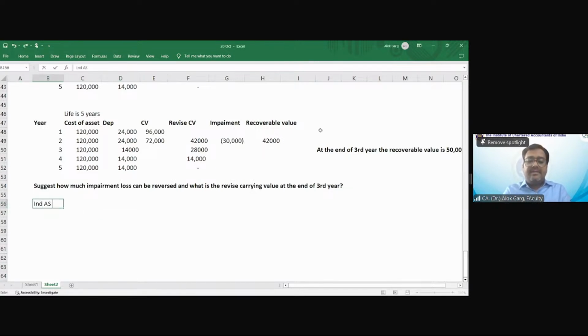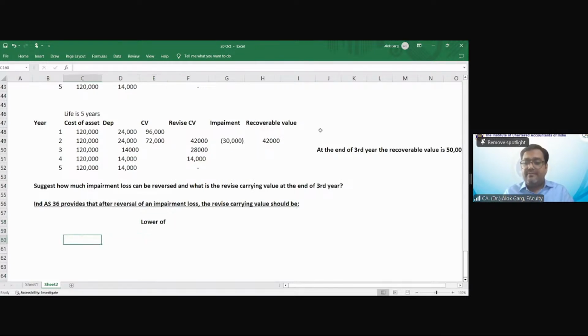Ind AS 36 provides that after reversal of an impairment loss, the revised carrying value should be lower of